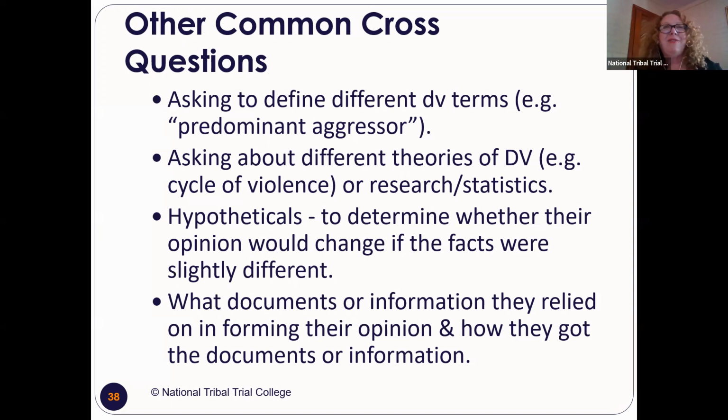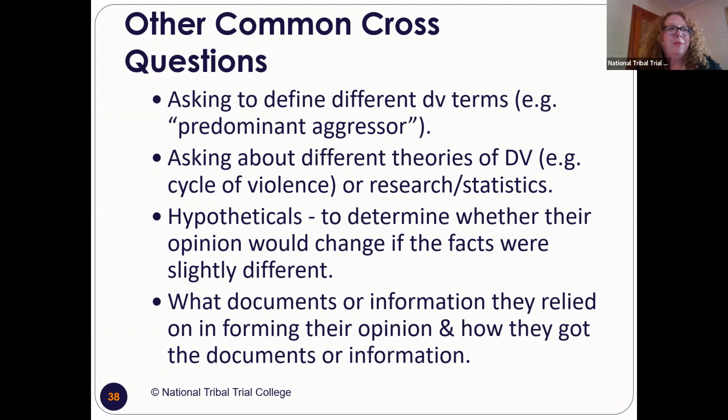So cycle of violence, I've heard people be cross-examined about that, and you're supposed to say, no, that was a theory in the 80s, and the current theory that's most widely accepted is power and control based on the Duluth model, blah, blah, blah, right? Sometimes they'll give you a hypothetical, like, what if the moon was made of Swiss cheese and Shirley sprouted wings, then would it have been different at McDonald's? Or they give you some kind of facts that are slightly different. They're allowed to do that. You can't do that with a regular witness, but with an expert witness, the other side is able to give them hypotheticals. So you might want to warn your first-time expert about that.